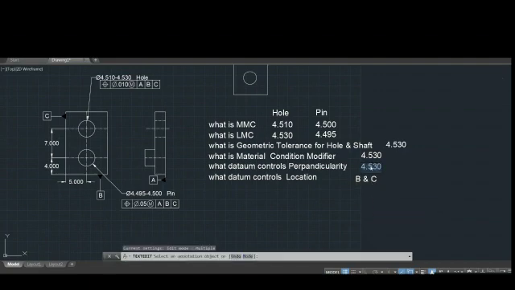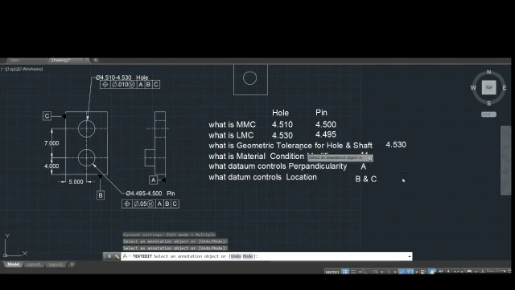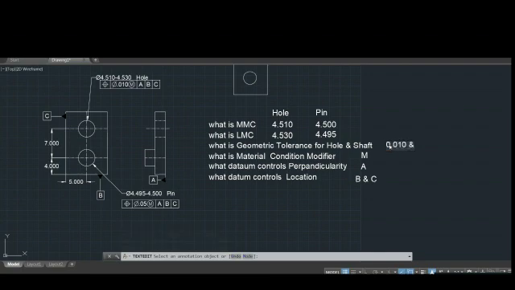For controlling the perpendicularity, datum A will be used, and the material condition modifier will be maximum material condition. The geometrical tolerance for the hole will be 0.010 and for the shaft 0.05. Both of those are diametrical tolerances. Remember, this sign indicates a diametrical tolerance.